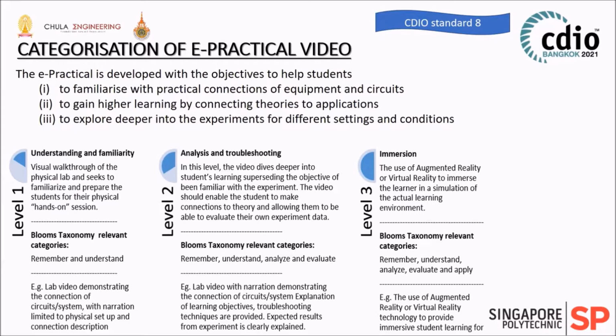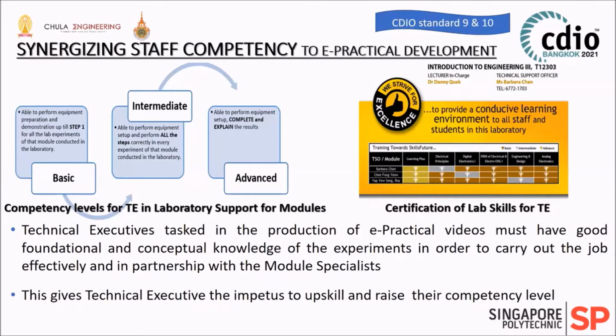Our resolve to achieve CDIO Standard 8 in the midst of the pandemic, which emphasizes the importance of active learning methods in order to engage students directly in thinking and problem-solving activities, cannot be overemphasized. CDIO Standard 9 talks about actions that enhance faculty competence in personal and interpersonal skills and product, process, and system building skills. CDIO Standard 10 focuses on enhancements of staff teaching competence.